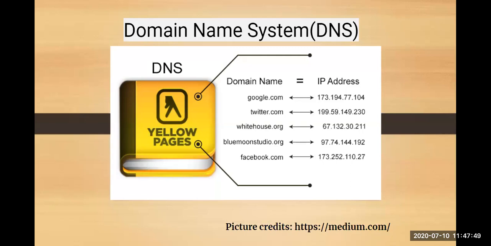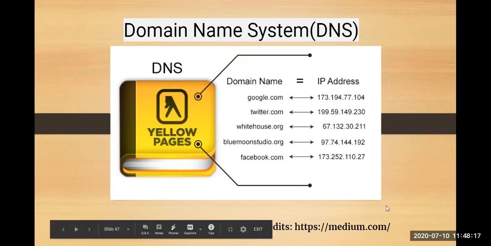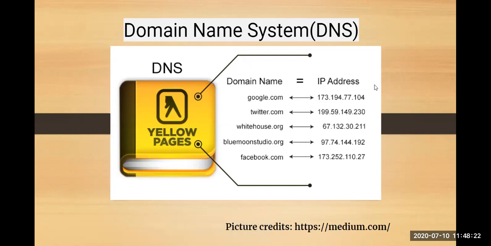Okay, as we all know, every device which is connected to the internet has a unique IP address, which allows devices to communicate with each other. So IP addresses play an important role here, where every device over the internet is identified with the help of its IP address. As humans, we really cannot remember numbers. For example, if somebody asks me for his or her number, I cannot remember it, right? So what I do is remember the name. To remember a number is not possible, but to remember a name is possible.